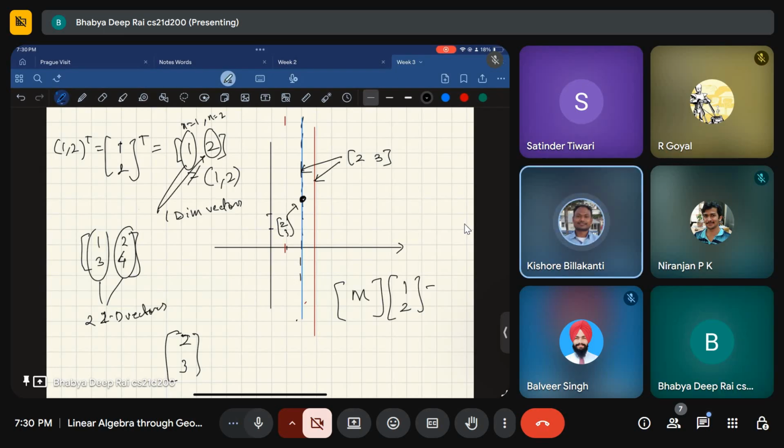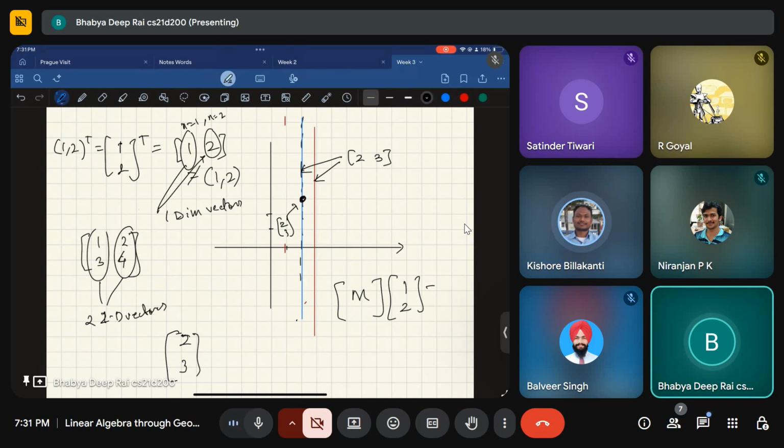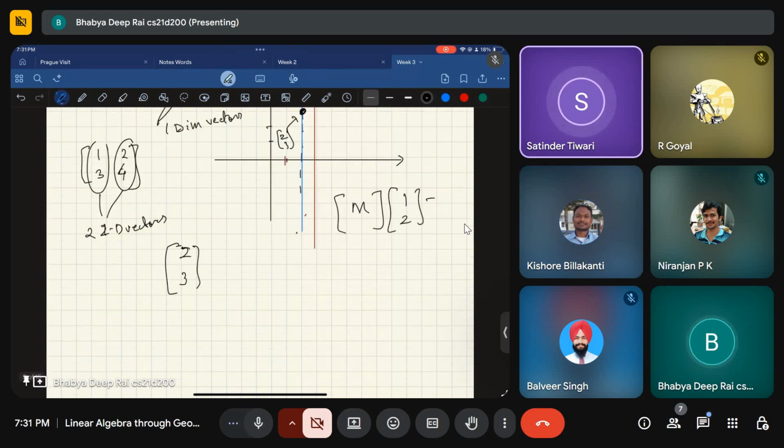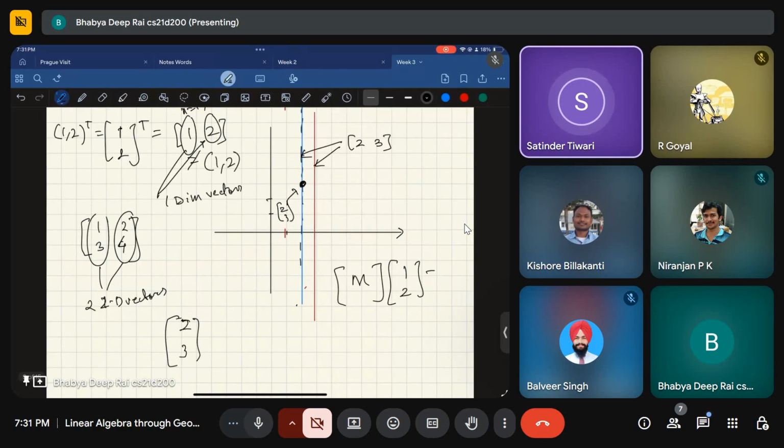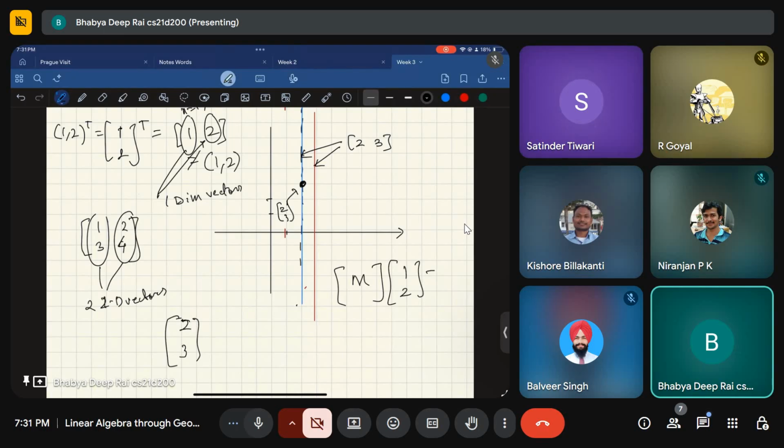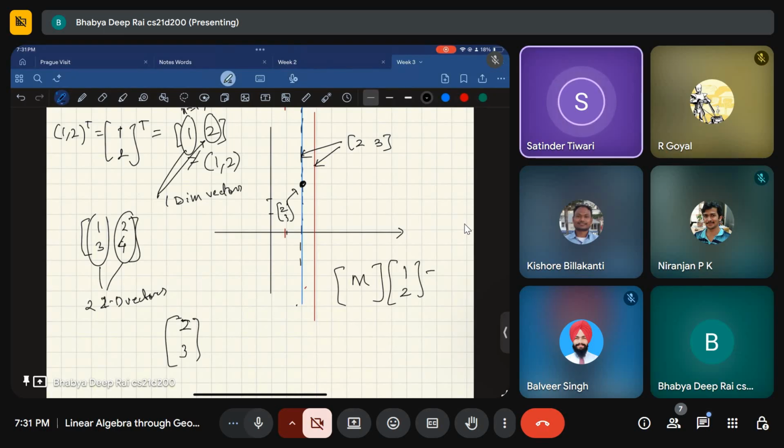Just a quick one. It's not for any more discussion. What you did is the vector 2, 3 transposed as a row vector. Then you have drawn two lines, one blue and one red. Based on what point have you drawn these? Sir has taken on the x-axis coordinate 2, and again on the x-axis 3. So this will be x equals 2, and this will be x equals 3, drawn perpendicular over there, because y could be anything.